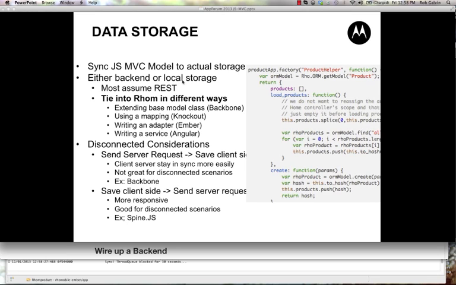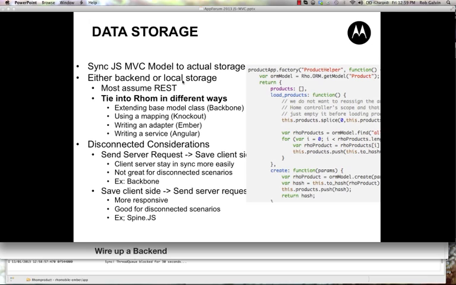The important thing is that when you get to this point, and I'll go over the sequence that you should do this in, each of these frameworks do it and call it differently, right? In the case of Backbone, they talk about extending the base model class. So they want everything extended from their model class. And this is where you would tie ROM or local storage into Backbone, all right? So if you're looking at Backbone, you say, okay, great, I understand Backbone now. Let me save the data in ROM. You're going to need to extend the base model